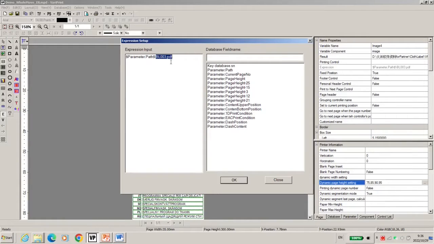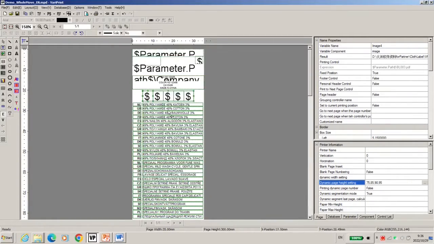Here it is fixed; you can link to the database to make it variable. The advantage of this way is that if one cell's content is empty, the other cells will lay out automatically. The gap will adjust automatically, in parallel. This is the advantage of using individual wash icons.